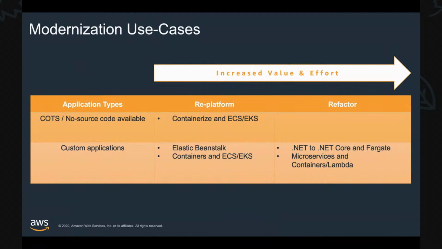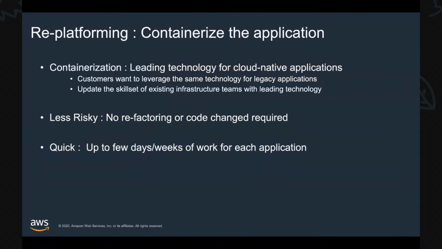In some situations, the enterprise customers have bought some commercial off-the-shelf applications, which is very common. And some of those applications, you don't have the code. It's just been sitting there for 10 plus years, but you still have a dependency on those applications in your business. So those applications, you probably just want to take advantage of the modern architectures. You want to just move them to the cloud, so maybe containerizing it and moving it to cloud. It's kind of also replatforming. So there are a lot of options customers have when it comes to modernization, right?